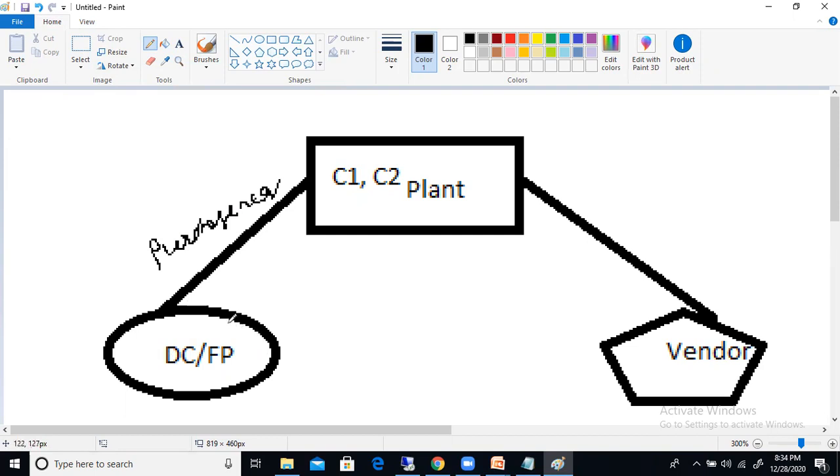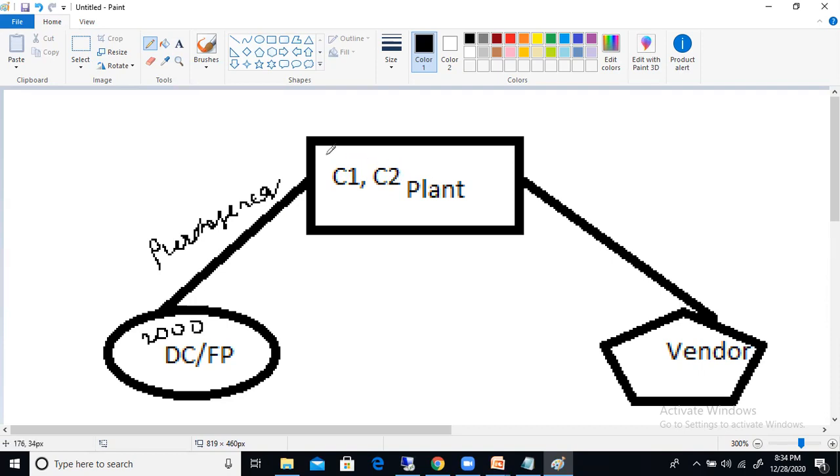This DC center makes a purchase requisition to the plant: I have this quantity, I had 2000 quantity as first for the finished product. Can you please produce the 2000 quantity in your plant? The purchase requisition is made by this DC center to the plant. Okay, once the plant gets the request from the distribution center,